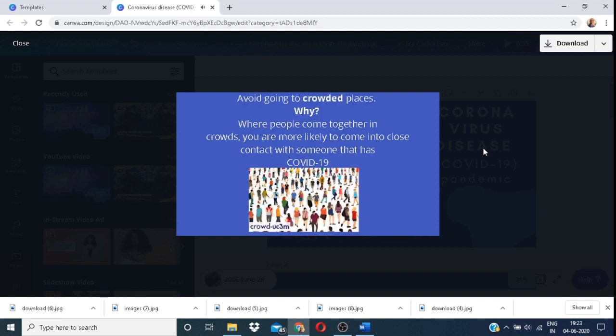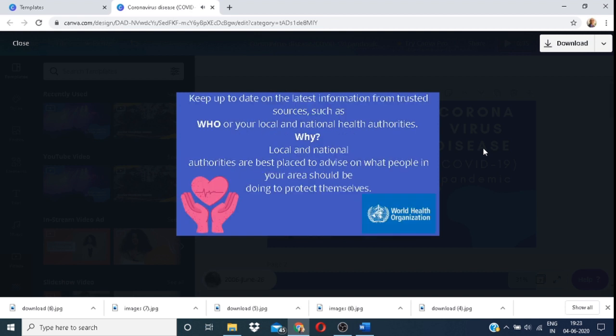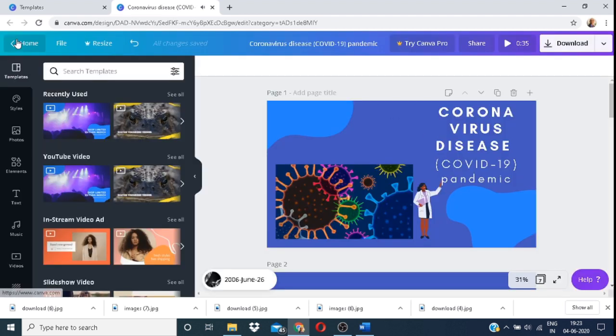I'll have to see if I can increase the time that every slide stays for on the screen. Let's explore and find out if we can do that.